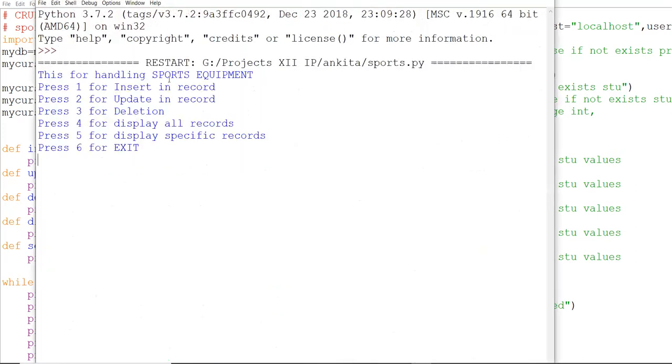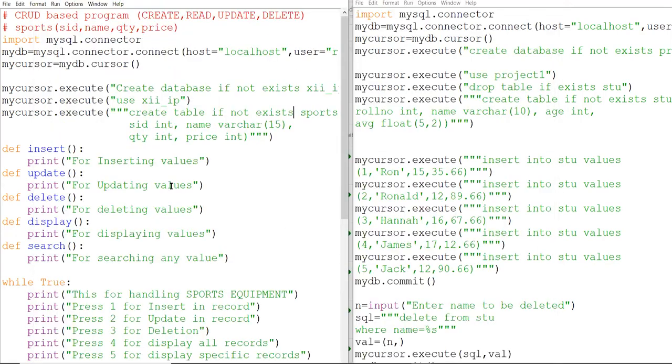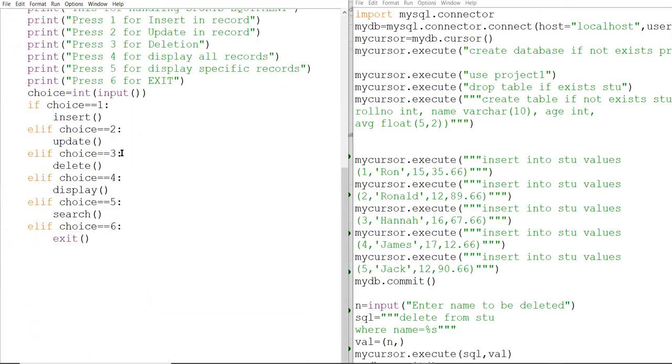Now what you have to understand over here is that this is your menu driven program. Now you have to give any choice. Suppose I'm giving the choice 1 over here. Enter choice.